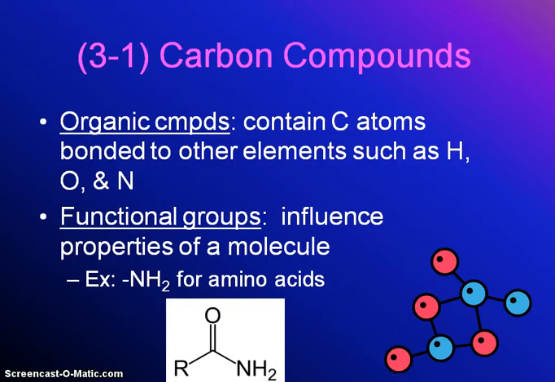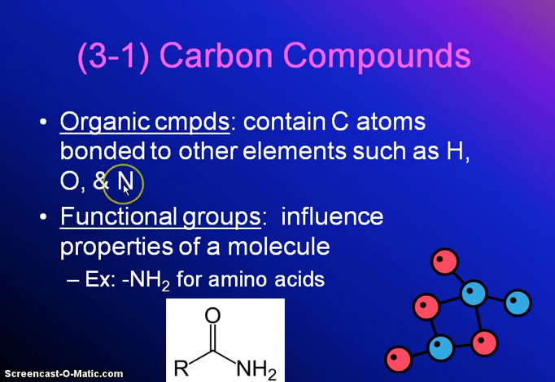Chapter 3, Section 1 discusses carbon compounds or organic compounds. So, an organic compound is any sort of compound that contains carbon atoms, and the other key elements that you're going to see in organic compounds are hydrogen, oxygen, and nitrogen. There may be a few other elements thrown in here and there, but these are the four main ones: carbon,